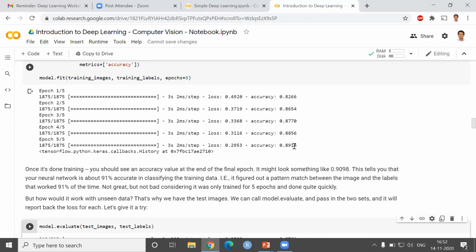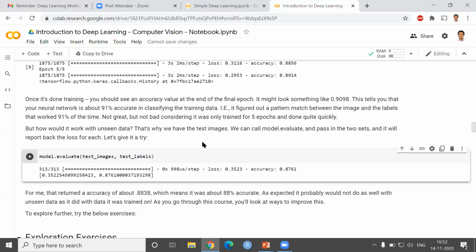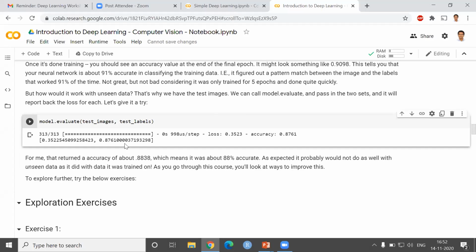Earlier you had 89% accuracy with the training data, and it is obvious that the accuracy has decreased a bit because the network is now testing with unknown data, data which it has not been trained with earlier. This is the accuracy I got: 0.8761.